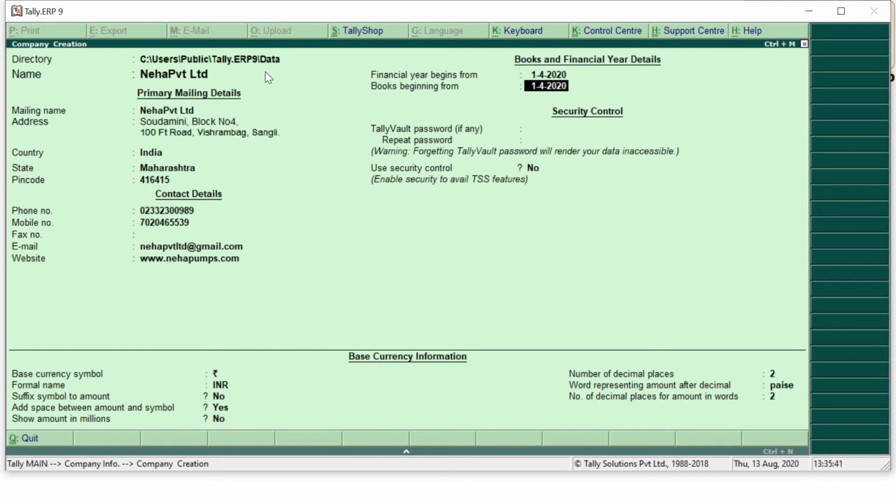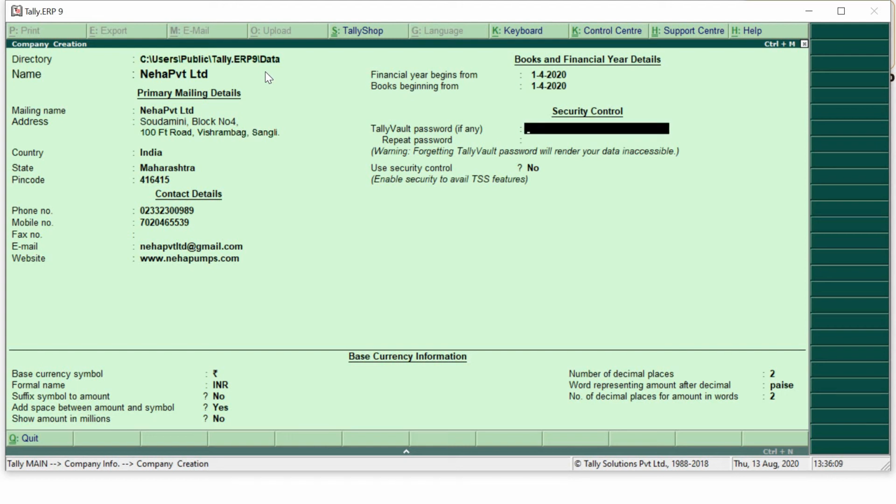Usually in case of an existing company, this date can be either from the beginning of the financial year, or when the company has switched from manual to computerized accounting, or if a company is started in the middle of the year, so that particular date has to be taken into consideration. So I will assume that my company was an existing company, so I will simply write it as 1st April 2020 only.